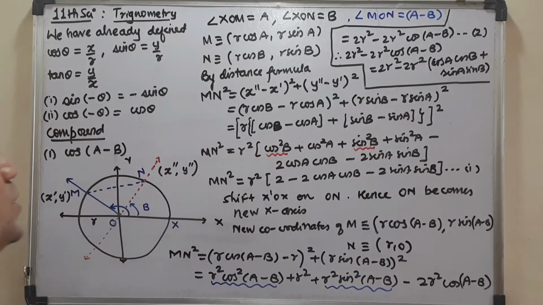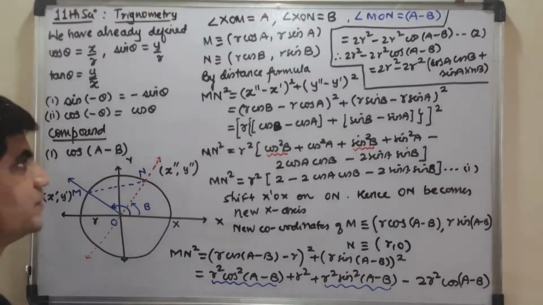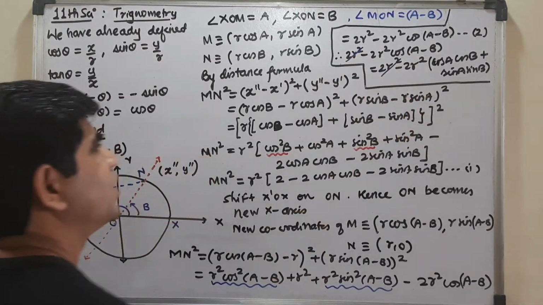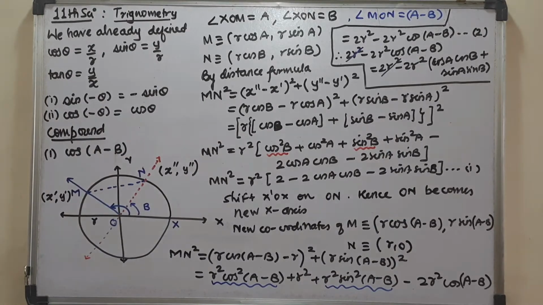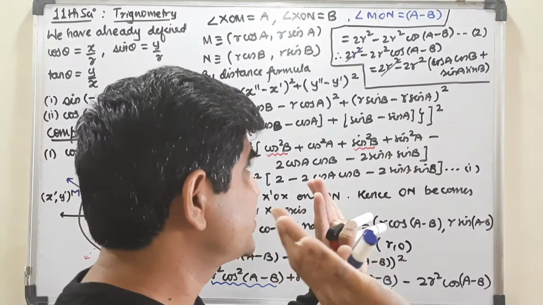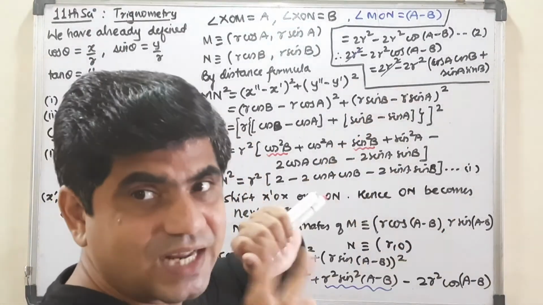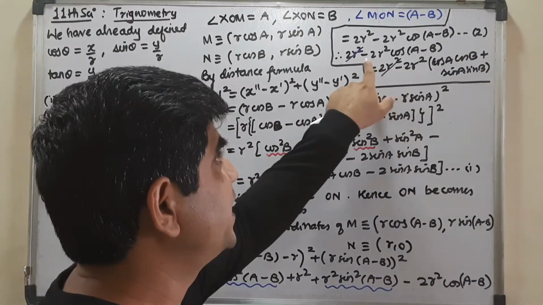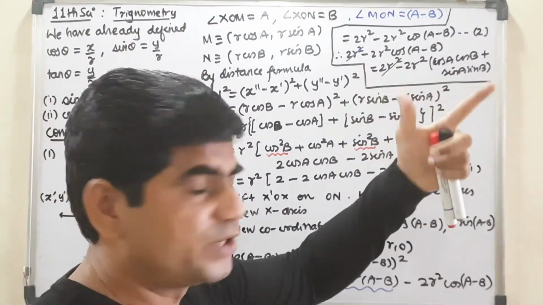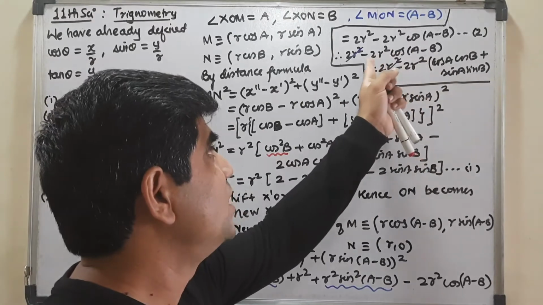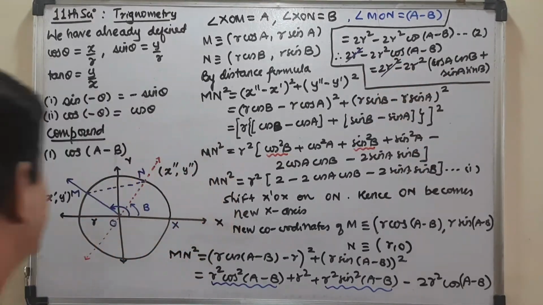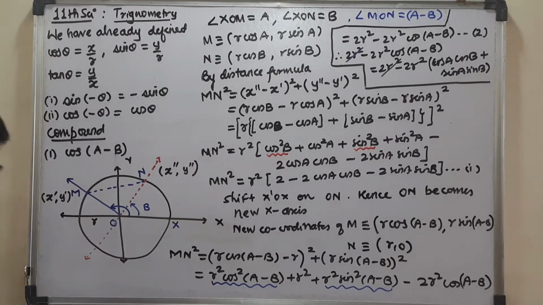Okay, so this 2r square vanished, right? I remained with the negative sign, that also vanished. Now comparison I am doing. I am dividing both sides by 2r square. R is not 0, so that is why there is no problem. It is a positive number, the radius. So dividing by 2r square, I get cos a minus b is equal to cos a cos b